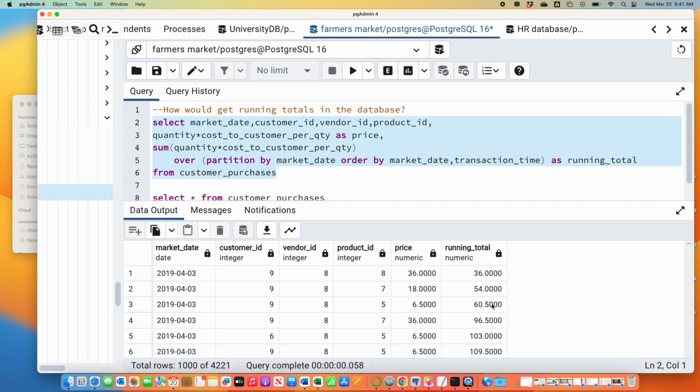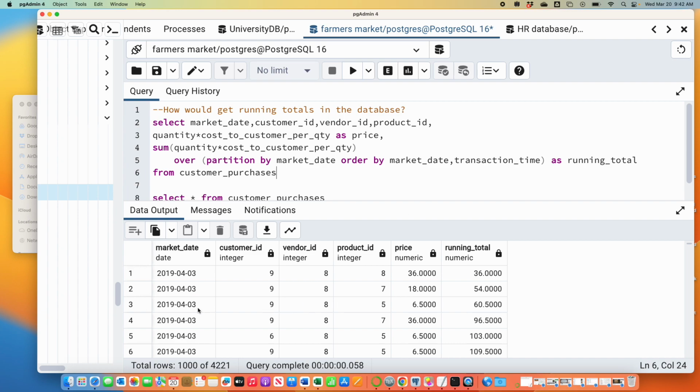So all that to say, you can use a sum, as Bryson suggested, to keep track of a running total. A sum makes sense to use because a running total just means you're adding as you go. So here I'm just adding every new transaction I see where I'm ordering by day and time. I'm starting at the earliest date and then the earliest time, and within that date, I keep upping the time until I'm done with that day. Then I move on to the next day. So then I go to April 6th, and within April 6th, I just go by time. So this is a time series running total, going from earliest time and day to latest time and day in the farmer's market.